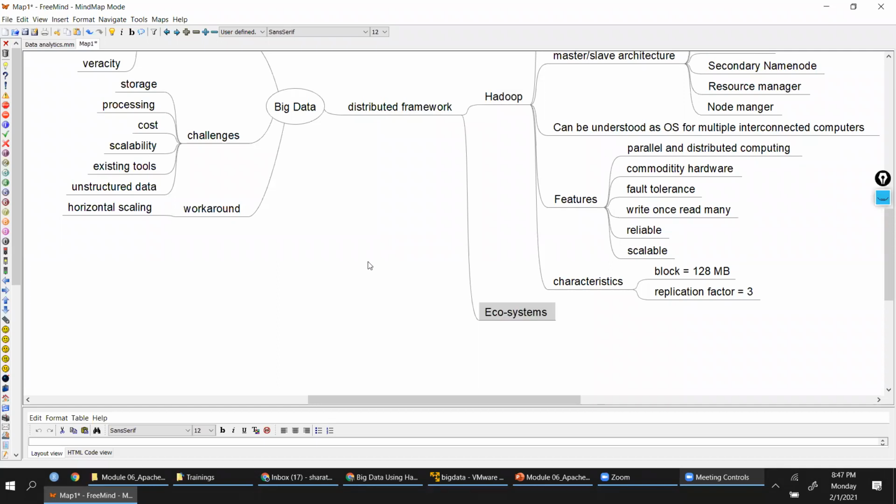Why we look into this is because your Hadoop MapReduce framework basically has a low-level programming abstraction. That means you have to write low-level programming, right? But a lot of people don't know coding.